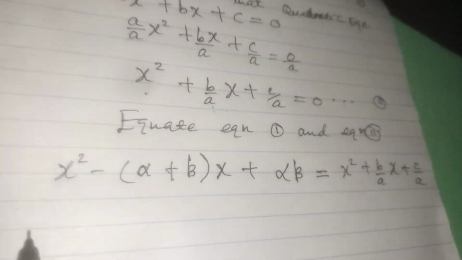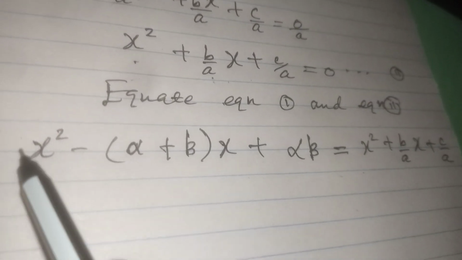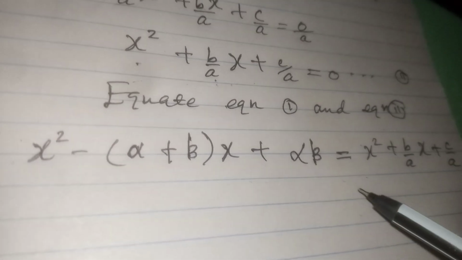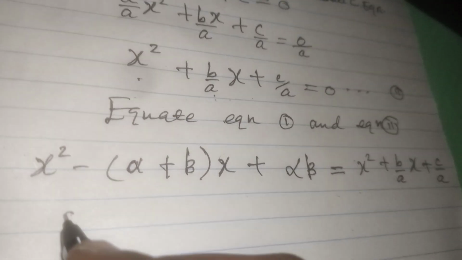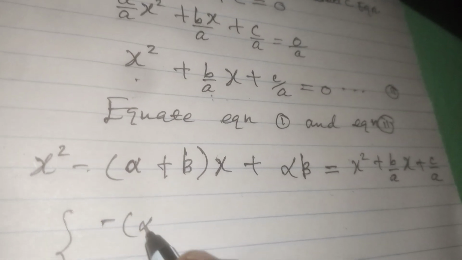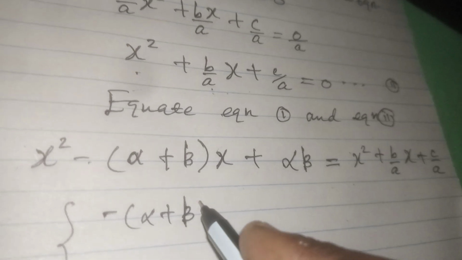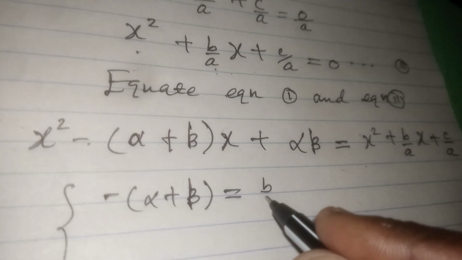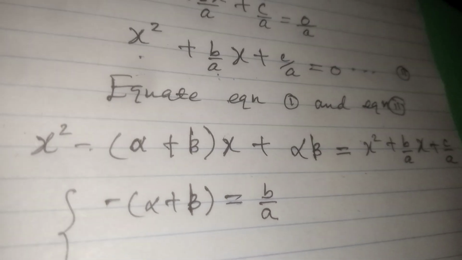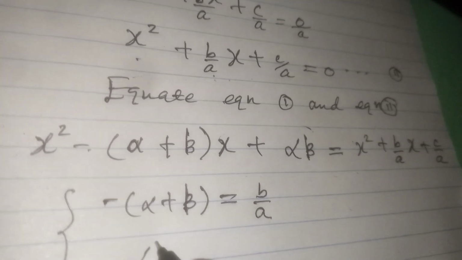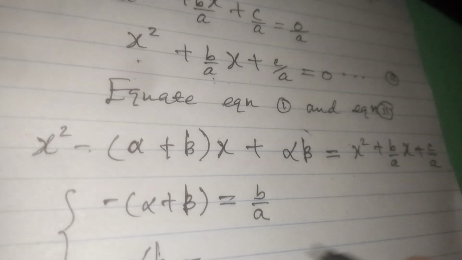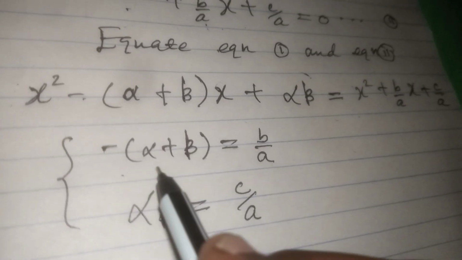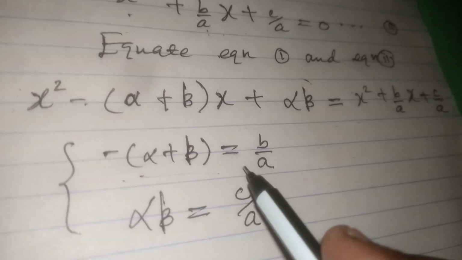Now if we equate here, the coefficient of x square is 1, which is the same as the coefficient of x square here, equal to 1. Now the coefficient of x here becomes minus alpha plus beta, which is equal to the coefficient of x here, b over a. Also, the constant here is alpha beta, which is equal to the constant here, c over a. Now, if we simplify here, if we divide by minus sign or